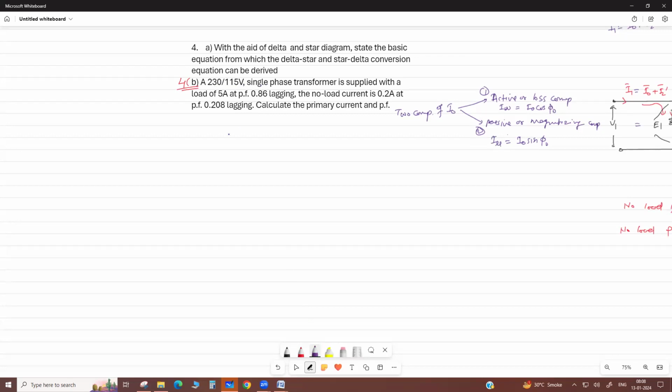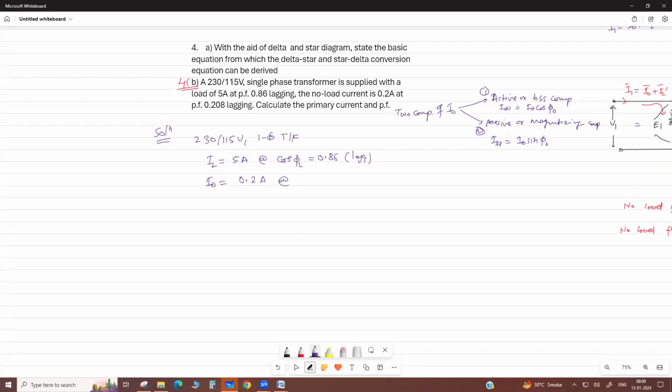This is a 230 by 115 volt single phase transformer. And here it supplies a load of 5 ampere, meaning this is I2 load current. Okay, I2 is 5 ampere at cos phi 2, load power factor 0.86 lagging. Okay, no load current I naught is also given directly here, 0.2 ampere, very low,